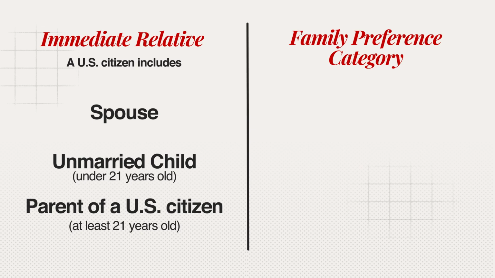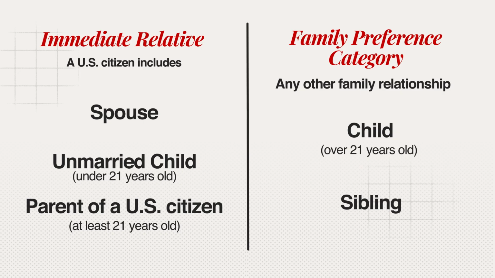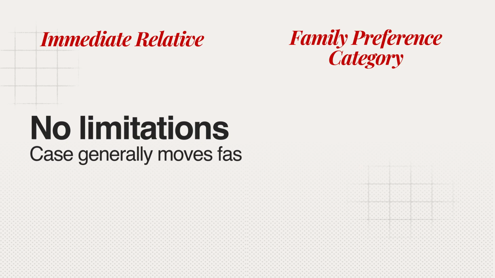Okay? Any other family relationship, like a child over 21 years old, or a sibling, like a sister or a brother, falls into what's called the family preference category. The difference is that immediate relatives are not subject to yearly visa caps or limitations, so their application generally moves faster,